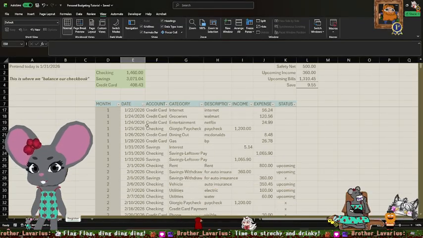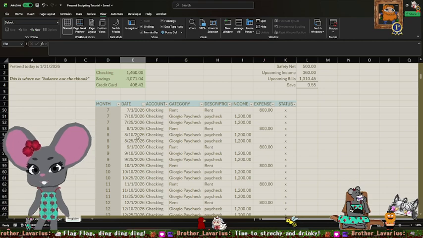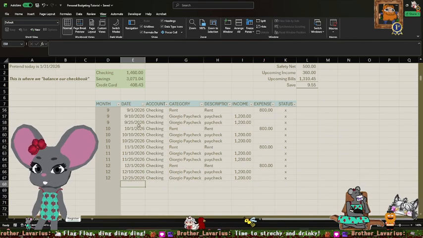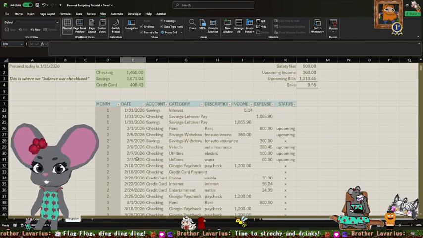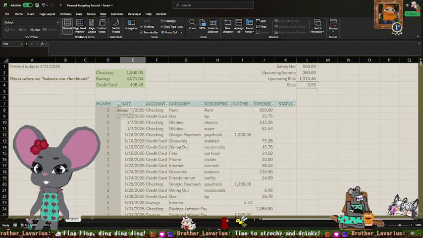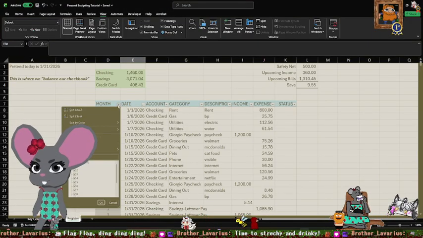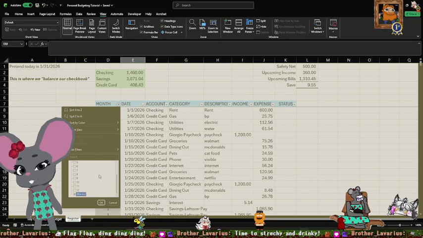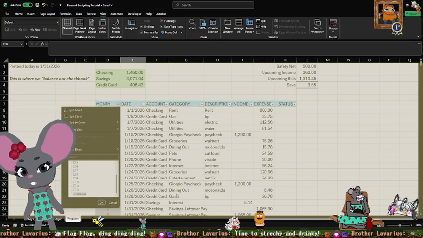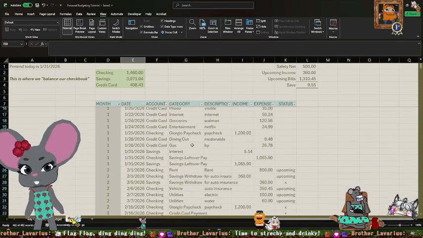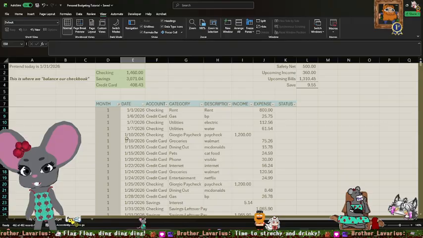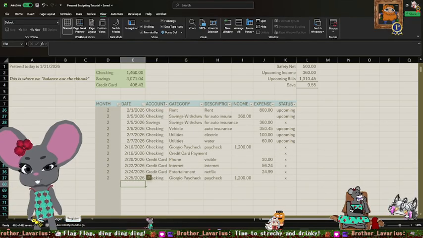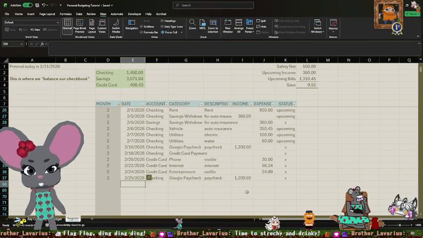So now our register is getting kind of long, especially since we have put in future amounts for the whole year. That's where these filters are going to come in really handy, especially for the month. You can filter it to what your current month is, and then what your next month is. Also include blanks, because you want to be able to continue putting in transactions at the end of your register. So I'm going to click OK there. And now I'm just looking at January and February with the ability to add transactions below.